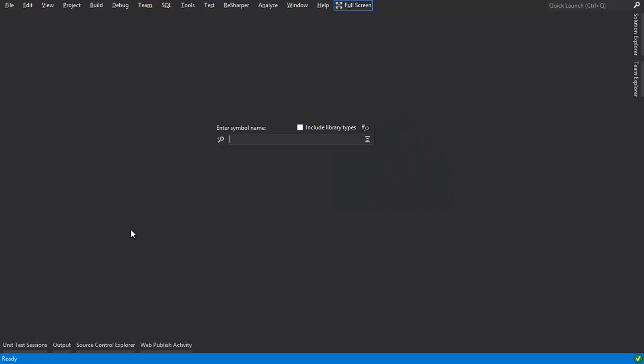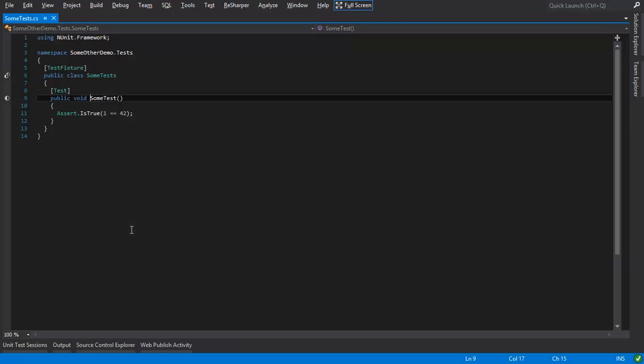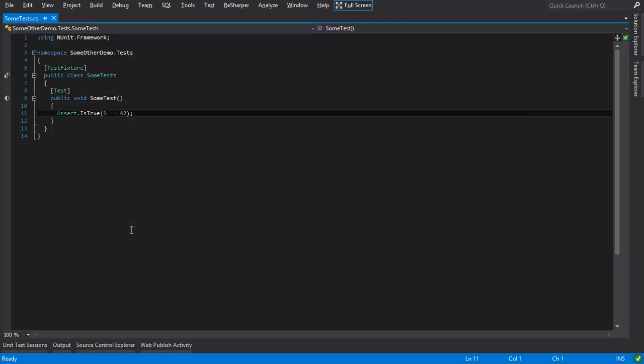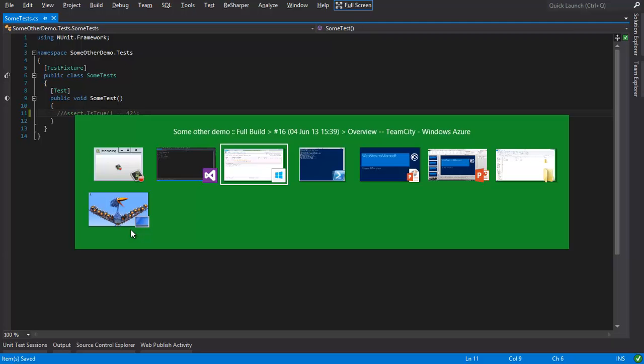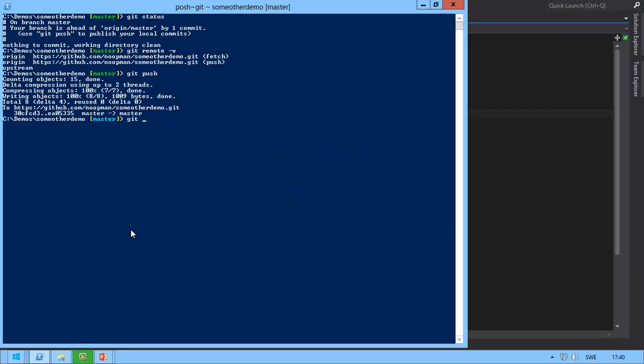So I go to Visual Studio and I find the failing unit test. As you can see, 1 is not equal to 42, and I will now fix this test. I only have one unit test in my solution. I just wanted to show you that it was also using NUnit, if you didn't notice. So I'm not using Microsoft tests here. I'll commit this change using Git again, and I'll push that code off to Git